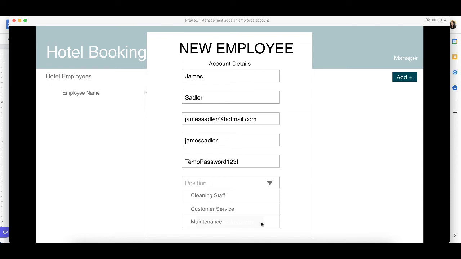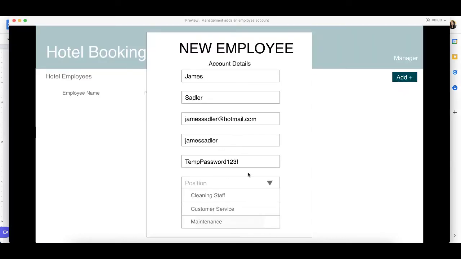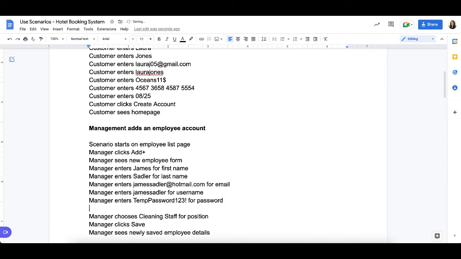But notice there's a differentiation between the steps here. Anytime that I click something on this side, there needs to be that click written out in the use scenario. So this is where I would come back to my use scenario and say, okay, I've added a click here that I don't see here. Instead it says manager chooses cleaning staff. Well, I didn't actually choose cleaning staff. I clicked the drop down menu. So I want to say that. It says manager enters temp password, manager chooses cleaning staff. So in between those two steps, I would say manager clicks